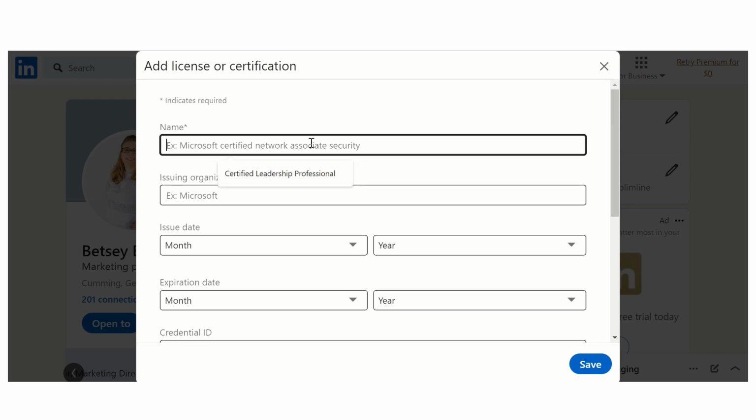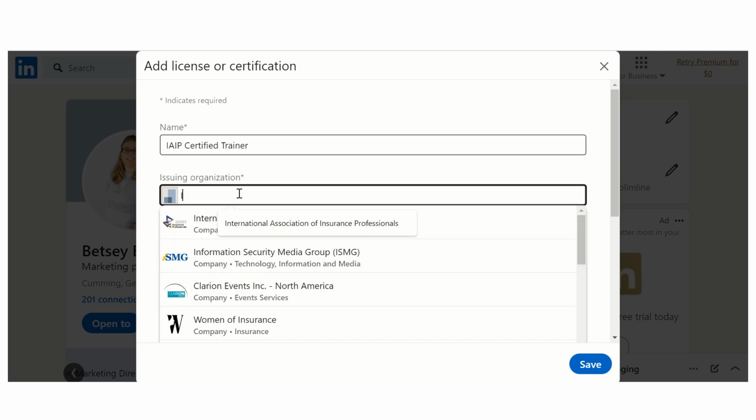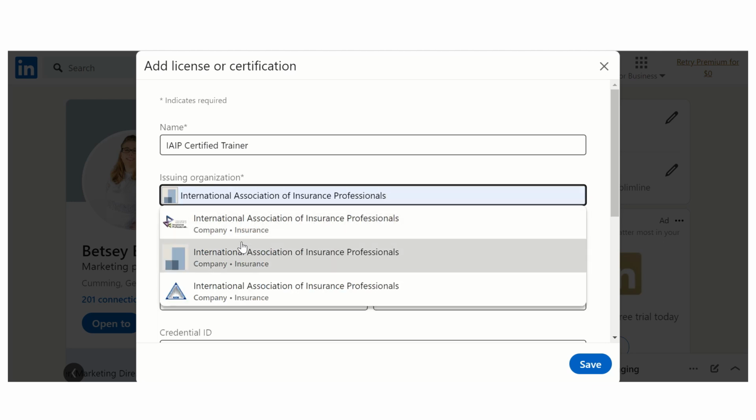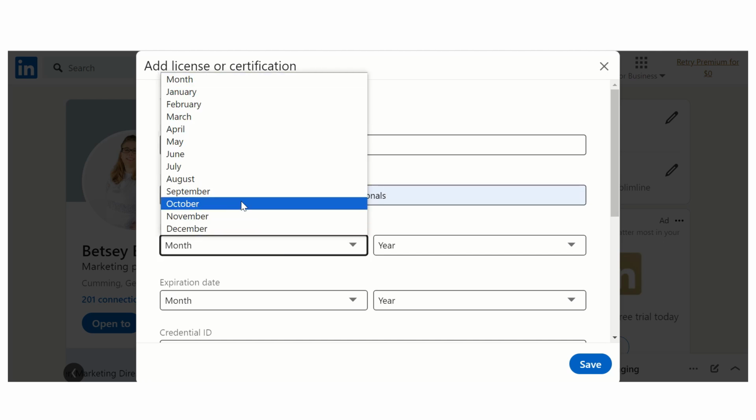Here you enter the name of the certification, and I'm going to use the example IAIP Certified Trainer. And for issuing organization, you're going to type in International Association of Insurance Professionals, and there you'll see our logo. Click on that. Here you enter your issue date,